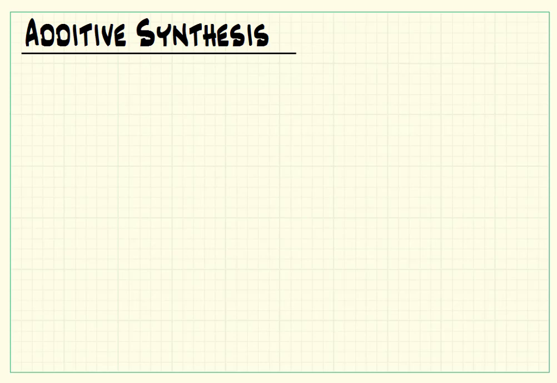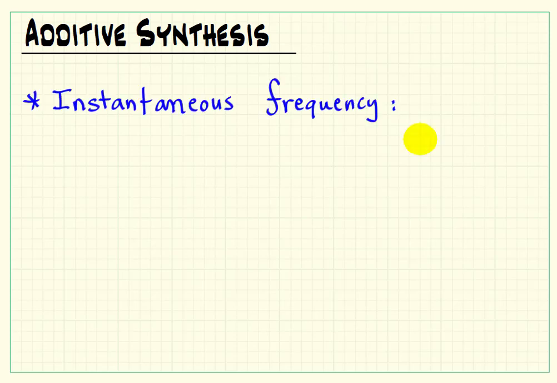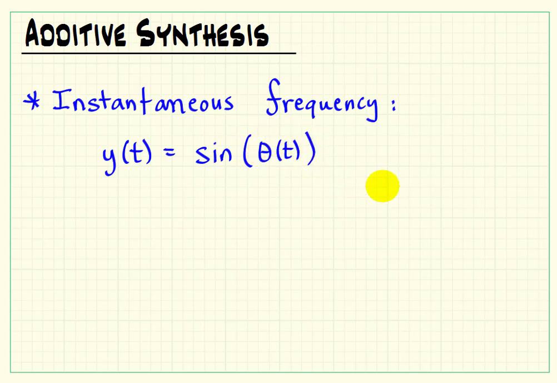Now, the notion of instantaneous frequency is really important for the idea of additive synthesis, because we would like to be able to control our sinusoidal oscillator such that it follows some sort of frequency trajectory. To better understand the idea of instantaneous frequency, let's begin with signal y of t, which is sine of theta